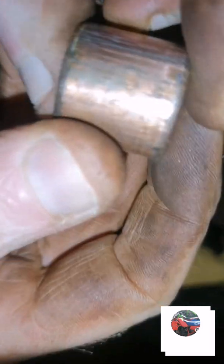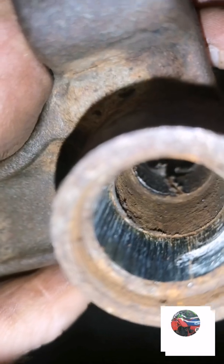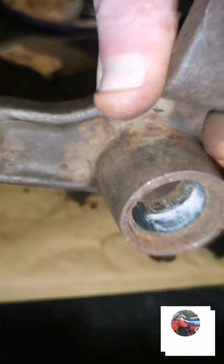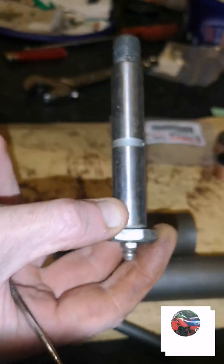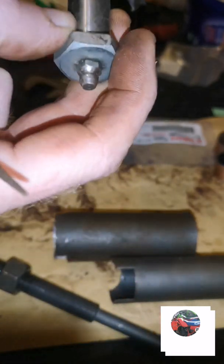Let's see what numbers they've got on. There's the other one on the other side. So we'll get that out now. And if you look, that's the grease pins. There's two of them. There's the grease nipple. If you look in the middle, there's a circle. That's why the circle